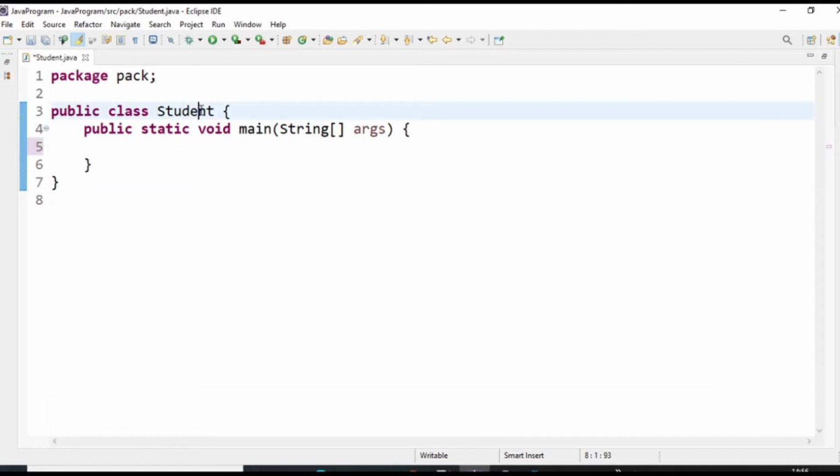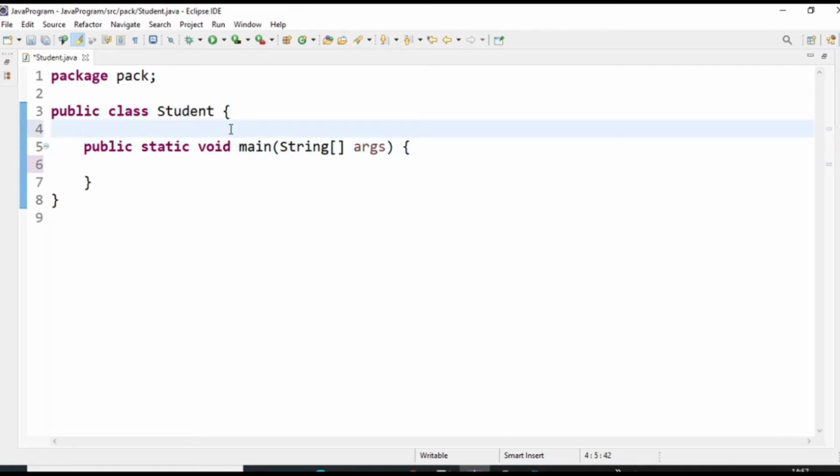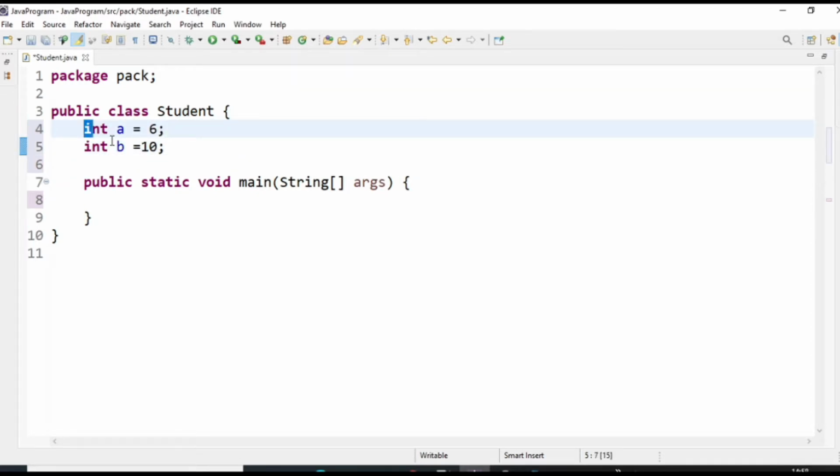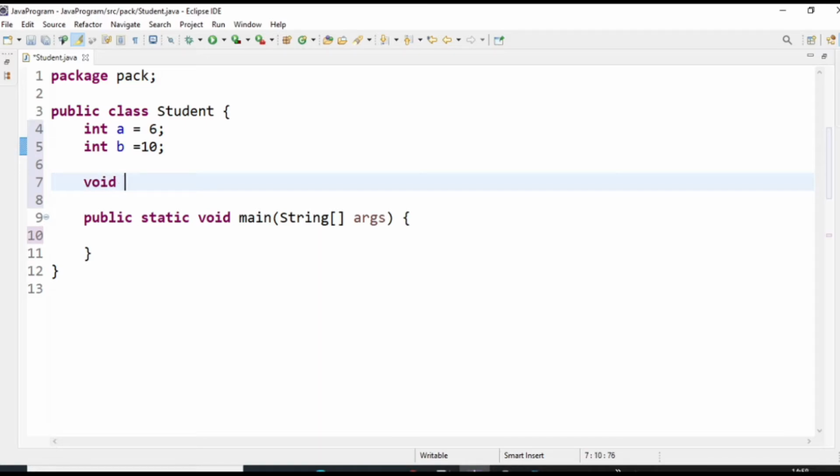So here I have created a Student class, and this is the main method we have. I will write some instance variables. See, these variables are instance variables because they are declared inside the class but outside the method. Suppose we have a method.